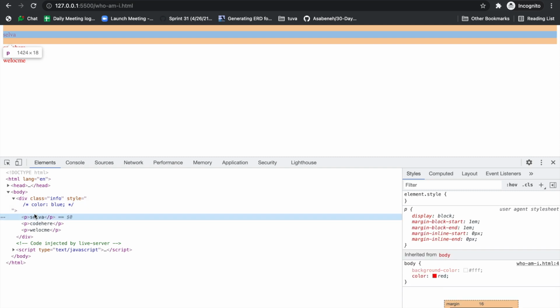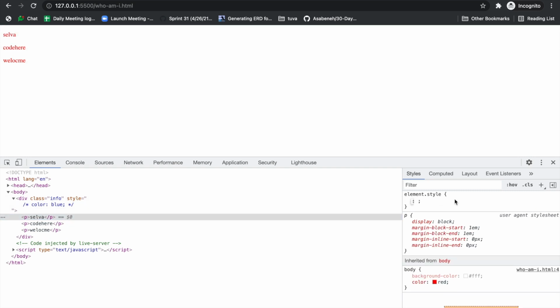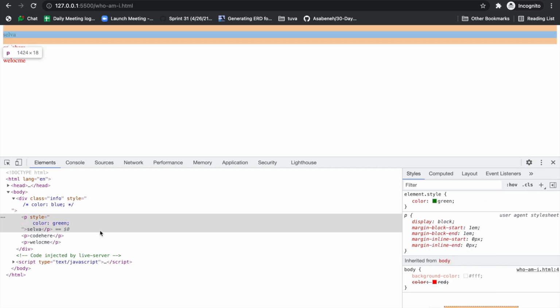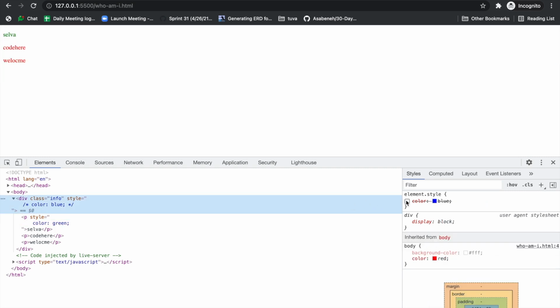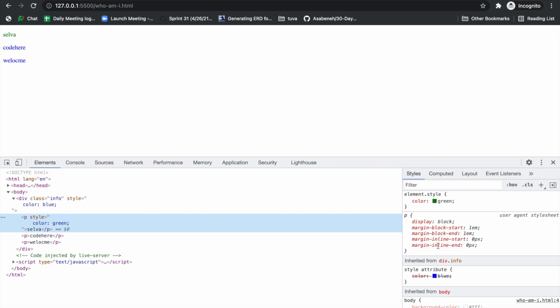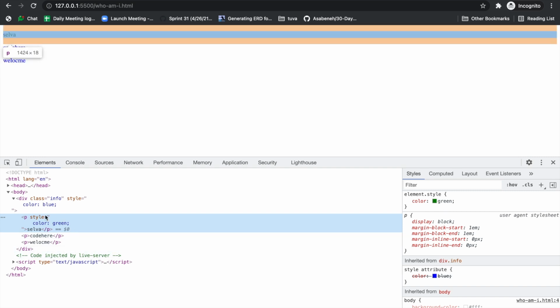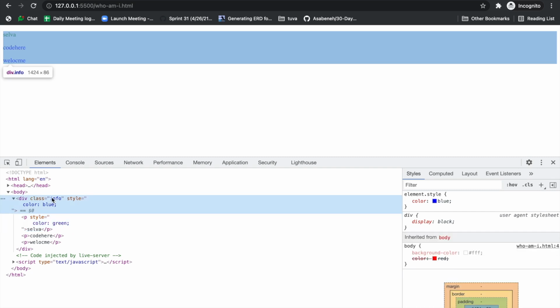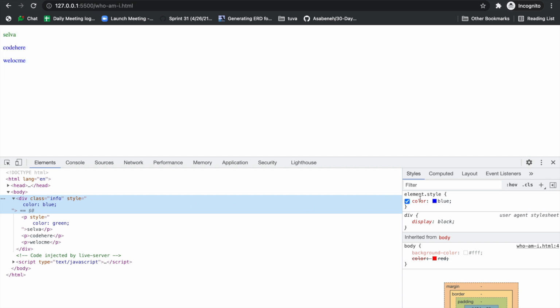But you can also override directly on the p tag itself. Say color green. Let's keep the blue also. Now you can understand we have overridden the two properties. This is how inheritance works. It will check the current property. Does it have color? No. Then it will check info, I mean the immediate parent, which has color. So these two p tags are applied blue.